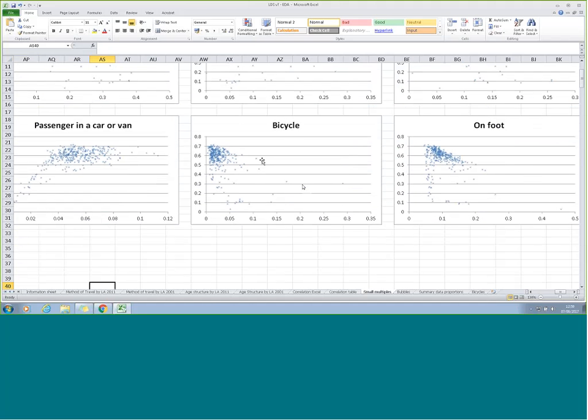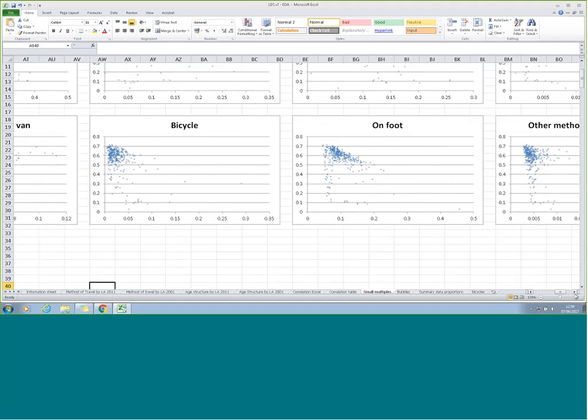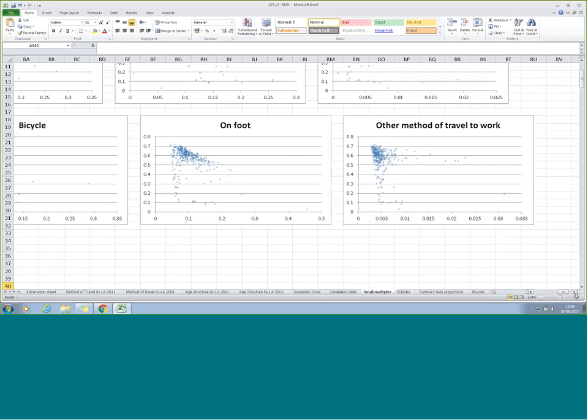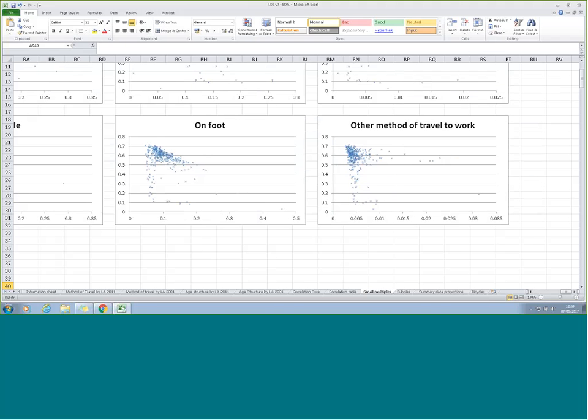So that's what's going on there. Last one I want to pick out is on foot. We have an outlier way down here at nearly 45%, and it's not the Scilly Isles. The Scilly Isles is back up here, but it's of course somewhere very densely populated. It's the City of London. So we can use these outliers as a way of gaining some insight into the way that these geographies work